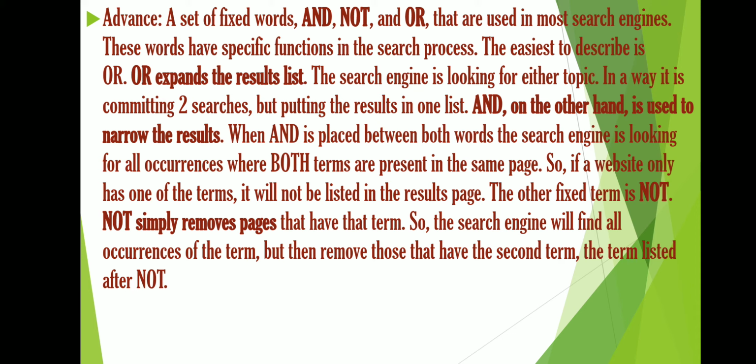So this is a process of narrowing your result, that is specifying your result. And or is the making of expansion of your result, that is or can expand your result, because if the search engine can't find paracetamol tablet, it will show you paracetamol capsule. But if you are using and, the search engine has to find those pages, those articles, those websites which contain both of those terms.